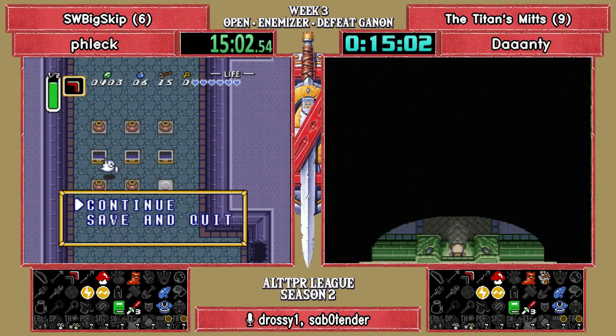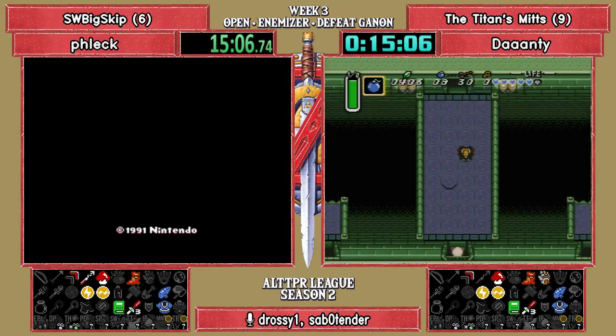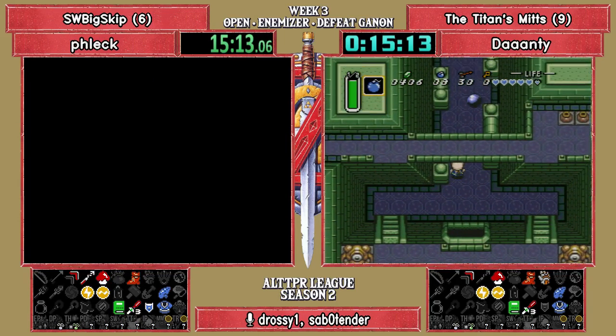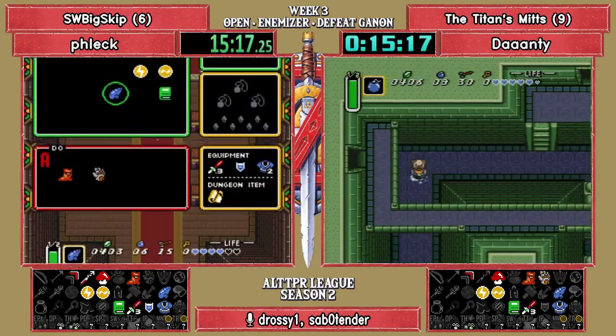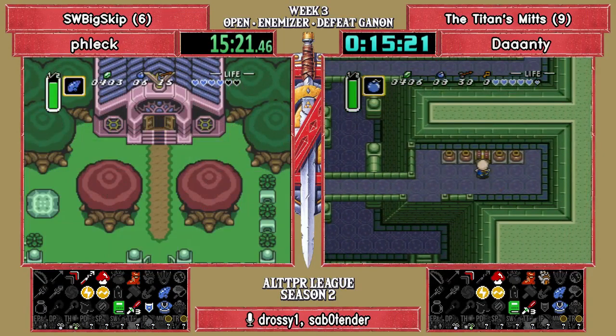Oh, so I guess the glove was pointing us to the Back of Escape. Yeah, that's a pretty good find. That gets us East Death Mountain now. Yeah, with its 8 checks, which is a lot more than the 2 or 3 items Daaanty will be... I guess it's 3, it's Randomizer, right? So,